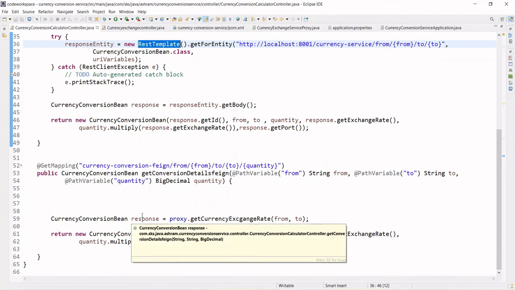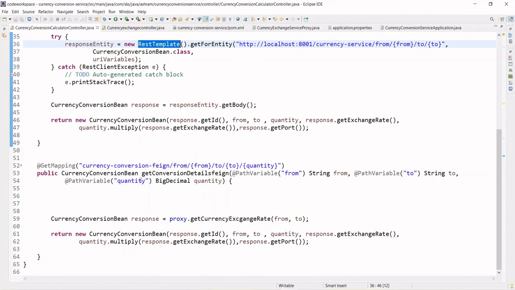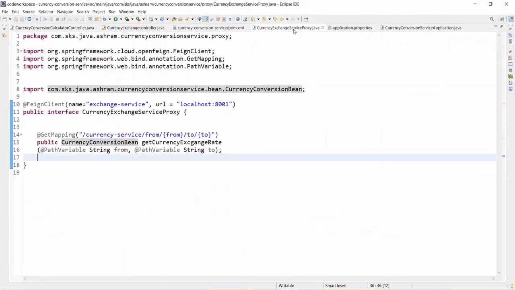So you just need to remember the three points. You need to add the dependency in the pom.xml file. And the other is you will have to create a proxy interface, same like the repository interface that we had to create to connect to JPA. And in that proxy we need to define the method, and we need to provide the annotation to pass your application name and the URL.